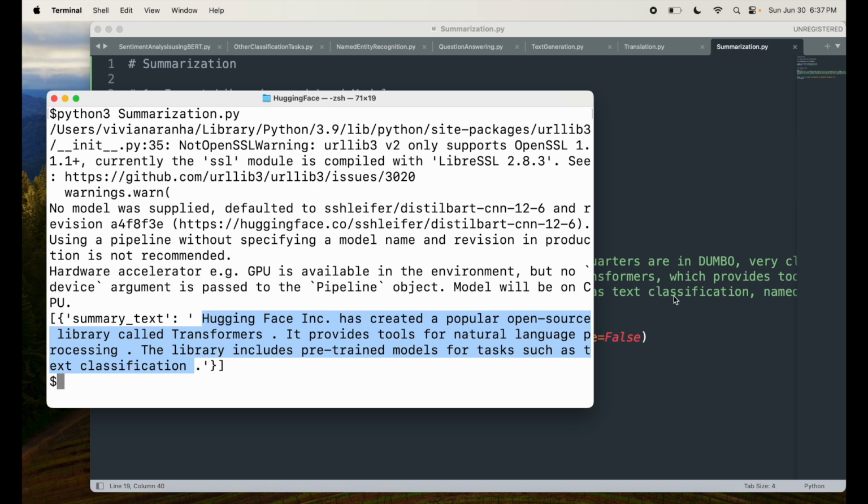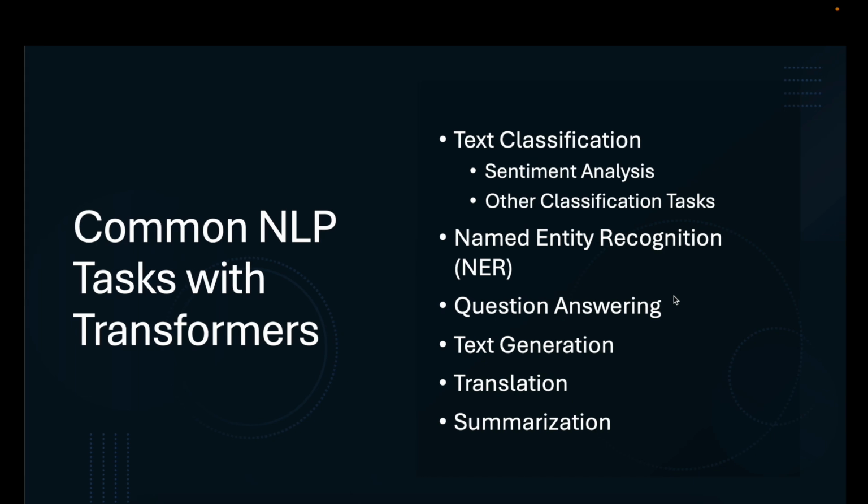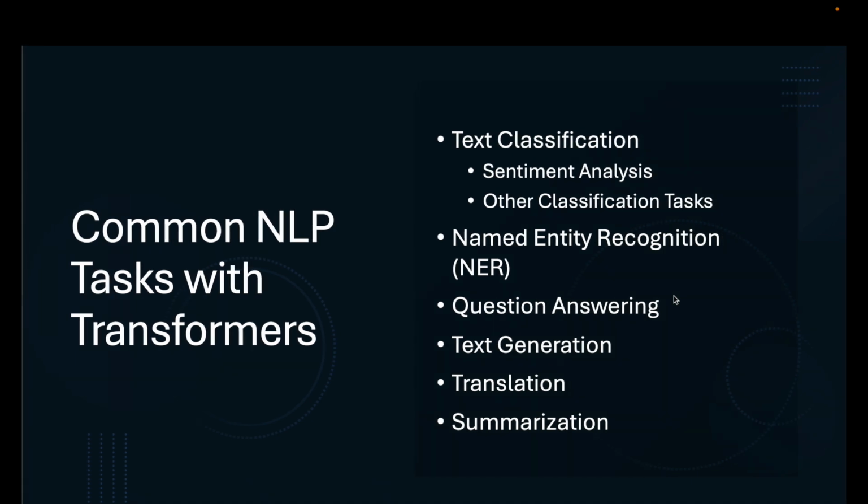Now this is the fourth section on common NLP tasks with Hugging Face's Transformers library. It covered text classification, named entity recognition, question answering, text generation, translation, and summarization, providing examples for each task